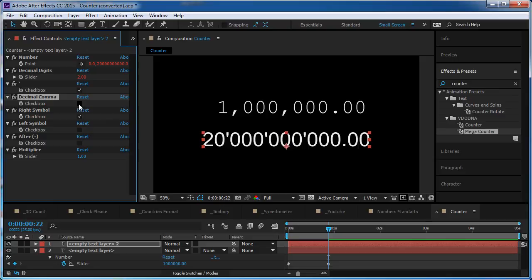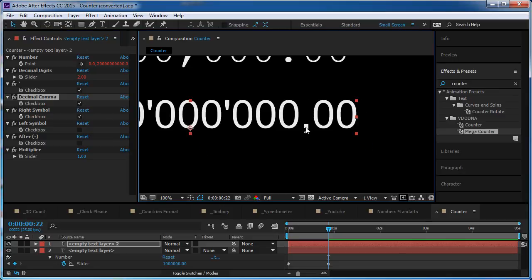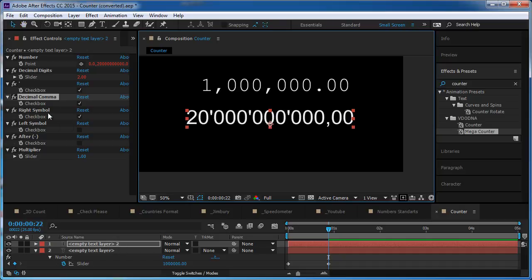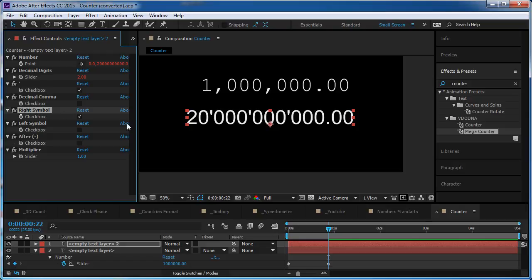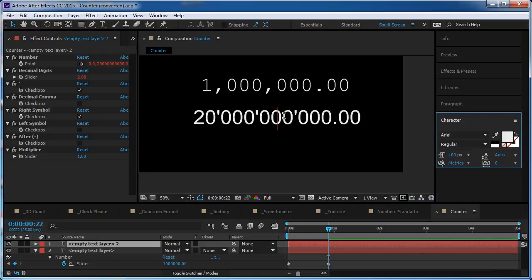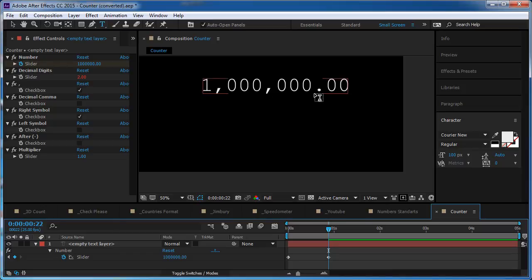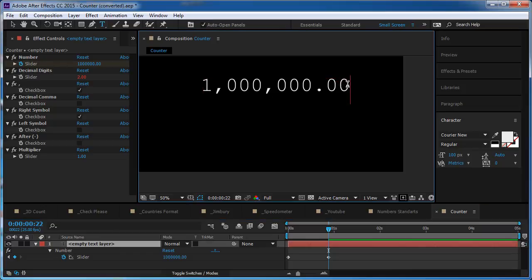Okay, let's continue with the decimal comma. The decimal comma actually changes the decimal point to a comma. That's it, that's what it does. Pretty cool, eh? Next, write symbol. You can write symbols. Let's delete this and say we have $1 million. So I'm going to write a dollar sign,